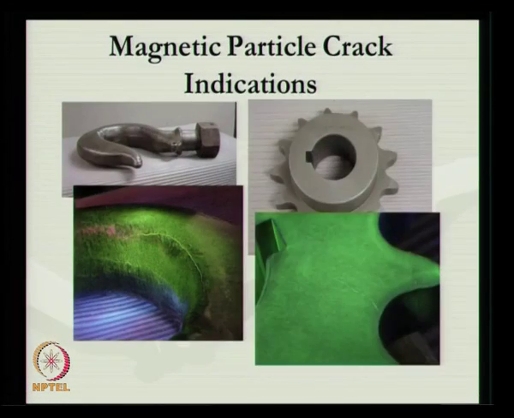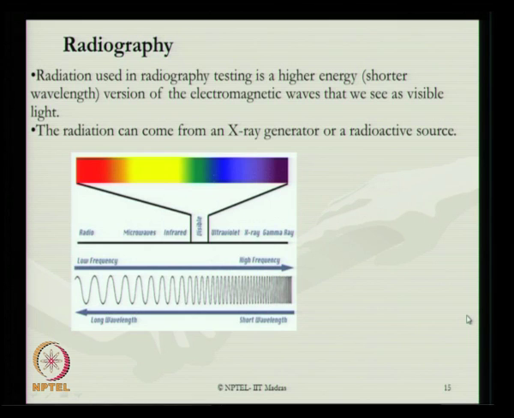I can also do crack indications using magnetic particle detection. You can see, for example, look at the crane hook here, which has crack detection applied with the fluorescent material, and the crack can be clearly and distinctly seen because of this kind of inspection technique. The other famous method which is used for NDE